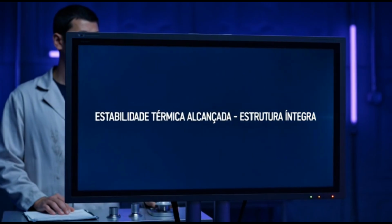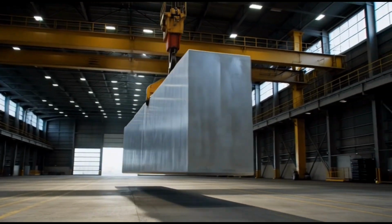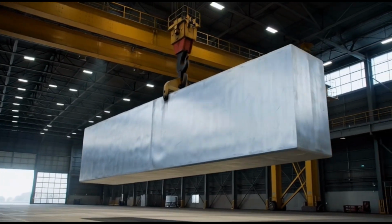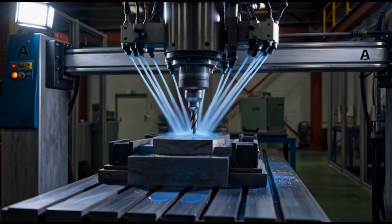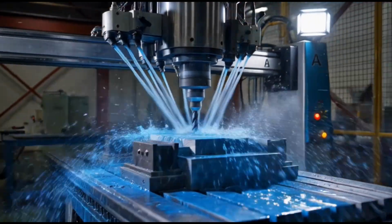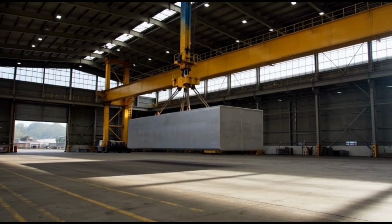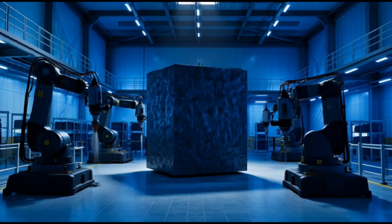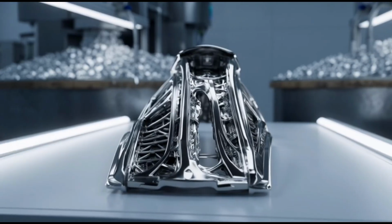Digital sculpture, the mastery of CNCs. With the solid blocks ready, we enter the era of ultra-precision machining. CNC, computer numerical control, machines the size of houses take over. Equipped with tungsten carbide drills spinning at tens of thousands of revolutions per minute, they begin to excavate the raw aluminum. Imagine a 10-ton block of metal that, after 24 hours of uninterrupted machining, transforms into a wing rib weighing